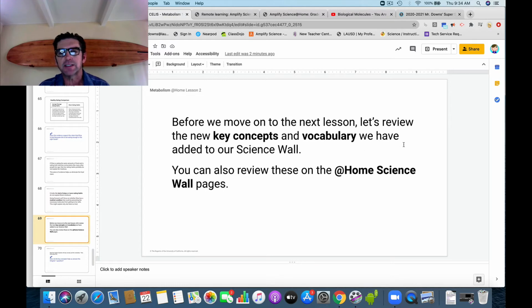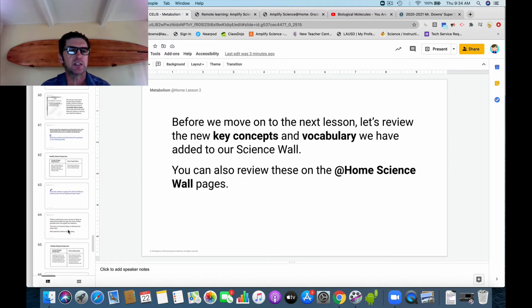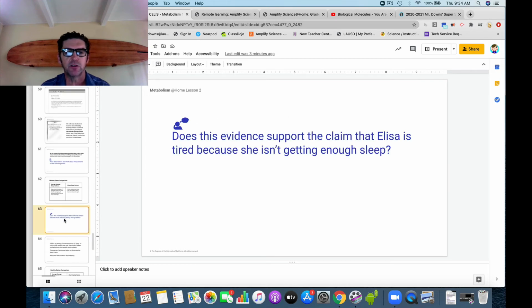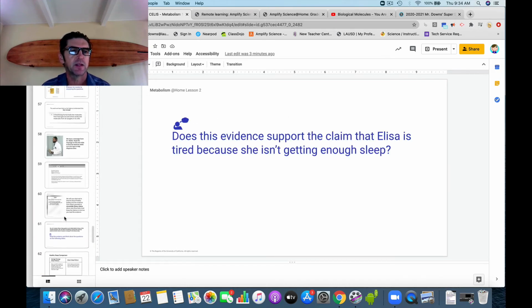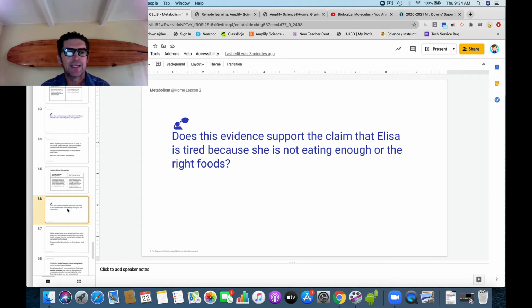Before we move on to the next lesson, let's review the key concepts. All right, so now, here's the assignment of the day. Don't forget, you've answered this, and you've answered the other one, this one. We're going to move both of these to the top slide. That is all that needs to be done for Thursday. But if you'd like to keep moving, the final part of our Thursday, Friday project is to write a top slide